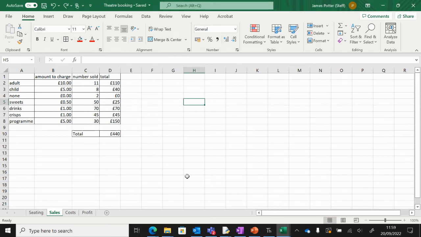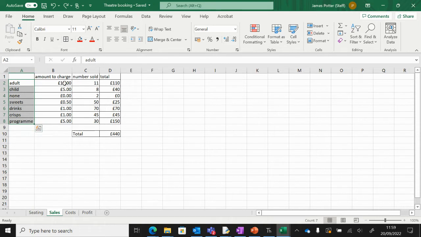Okay, and then finally we can add some charts and graphs to your model. So the way to do that is, what I want to do is a chart of figuring out how much money I'm making from various things. So I'm going to highlight the items that I'm selling. So this is in the sales chart, and the money I'm making from those things.